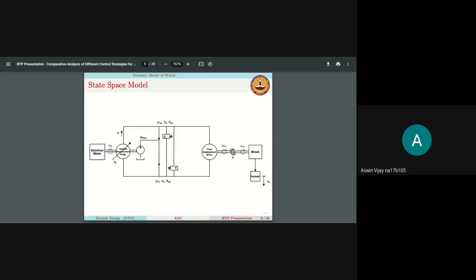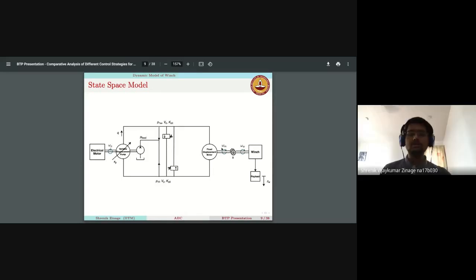Can you tell me why you need a variable displacement pump to control the fixed displacement motor and not directly control the fixed displacement motor? So the primary objective of the fixed displacement motor is based on a particular change in pressure on both the sides. It generates a particular RPM. The reason why I have placed the variable displacement pump on the left side is I want to control the amount of fluid I want to pass through it, and the reason I want to do that is I want to manipulate the change in pressure along the hydraulic lines.